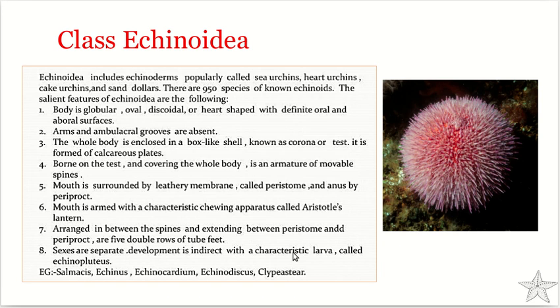Class Echinoidea, the term comes from two Greek terms, echinos and oidos. The echinos means spiny, and the oidos means in the form of, right? So it is the sea urchins. They are commonly known as sea urchins, and approximately 1,000 species are widely distributed in nearly all marine ecosystems. Sea urchins are specialized for living on hard surfaces.